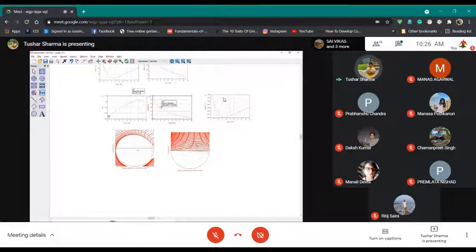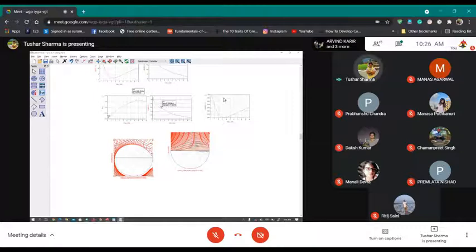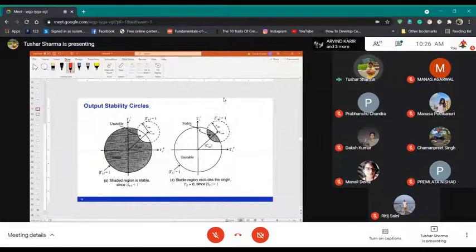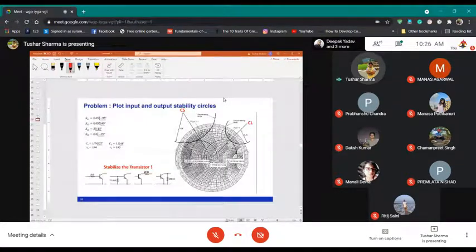Very bad stability. So now your task is, and if you guys remember last time, we had this discussion whether we should put a stability network at the output or not. There were 4 types of stabilization: series R at gate, series R at drain, shunt R at gate, shunt R at drain.